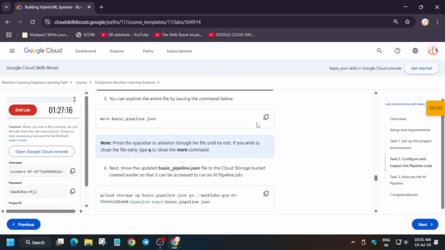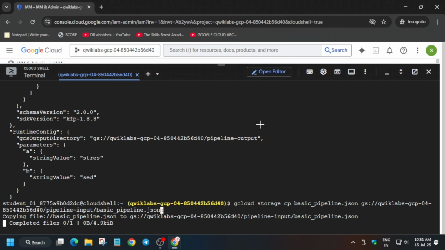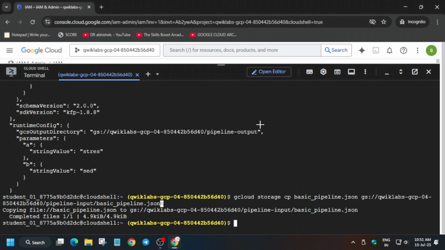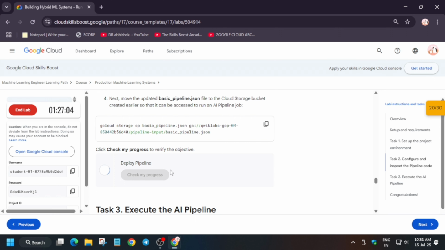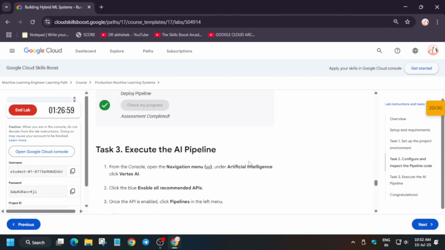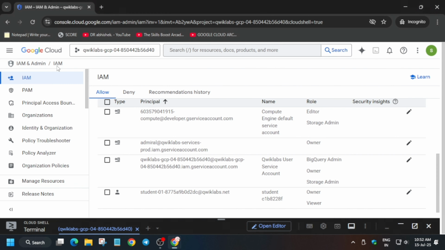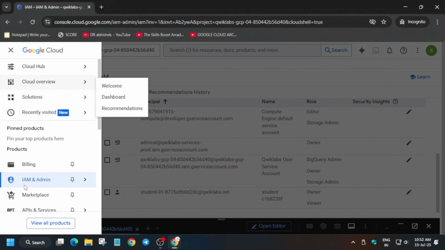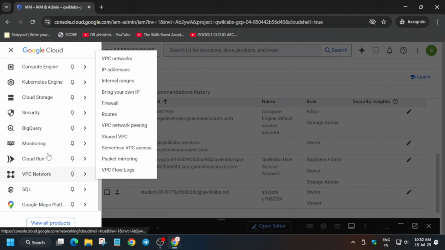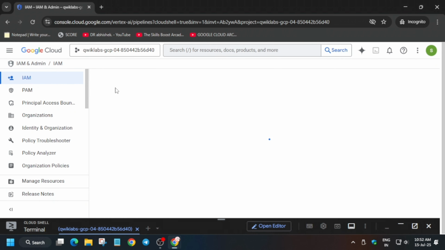And here once it's done, if you want to view more details, you can check it. It is not needed as of now. Just copy it. Just follow the way I am doing in the video and you'll be able to complete the lab. Now this is also done. Now chances are you may hit the score and we have completed the lab as far as this course is concerned. But sometimes we have some extra steps in some labs. So I am doing it. Basically, if you are able to get full score on this lab, you can end this lab now. And if you are unable to see the score, just go like this from Vertex AI to